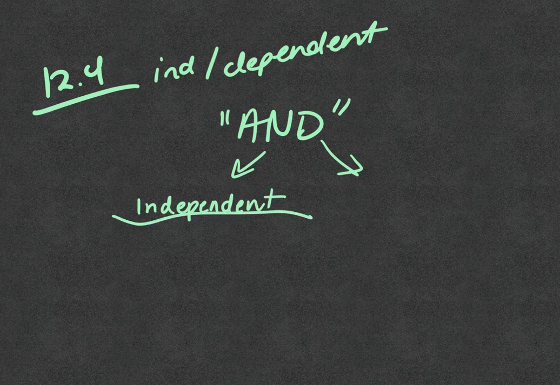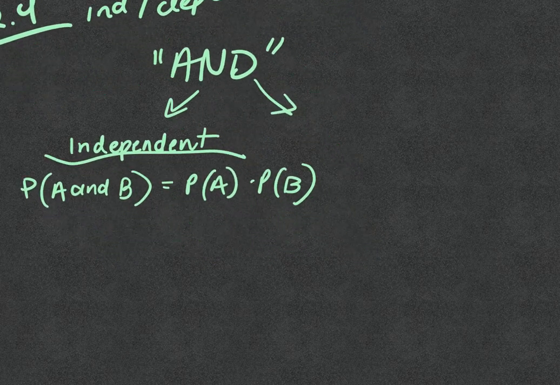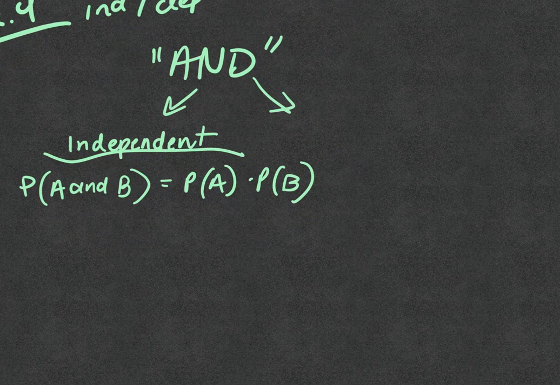In independent, they do not affect each other. And the probability of A and B happening is the probability of A times the probability of B. This is, you pull a number out of the hat, you put the number back. Okay? So probability becomes an and statement, which means multiplication. And then is it independent or dependent? If it's independent, you just multiply them together. If it's dependent,